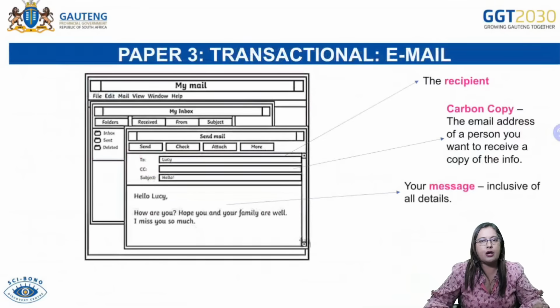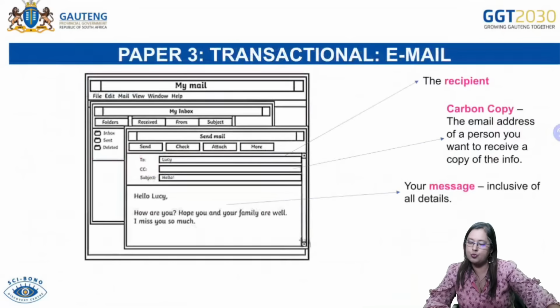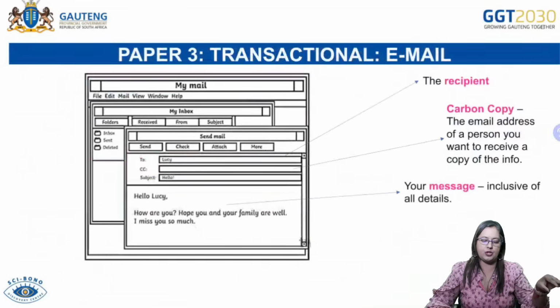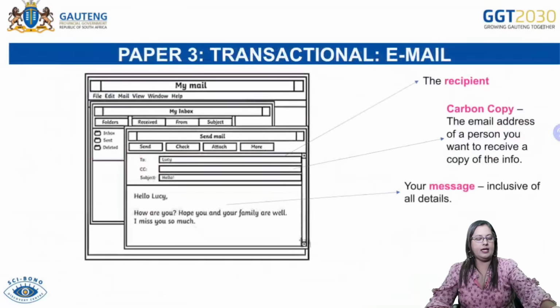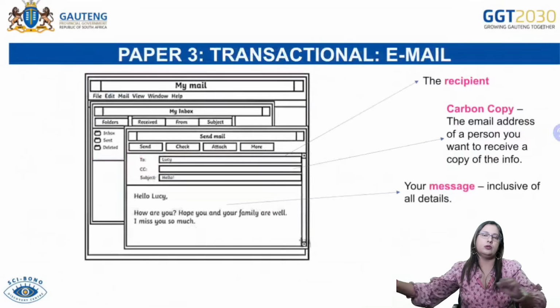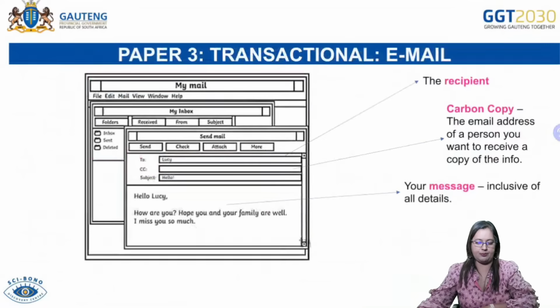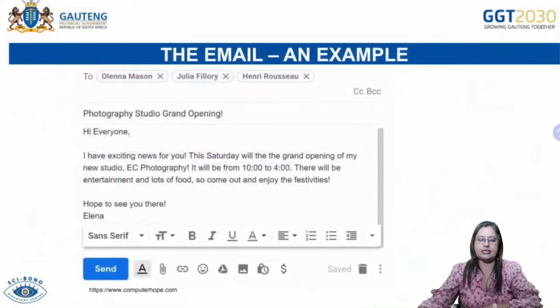So you start to count the words from the first word after the part where you have the subject. Okay, then you start counting word number 1 all the way to word number 200, for example. Okay, and then basically that is how you would do the email.